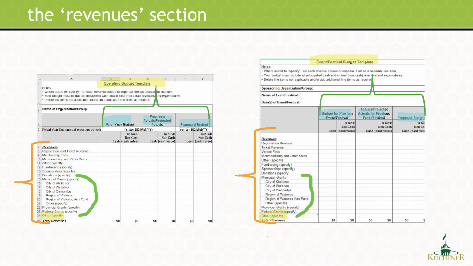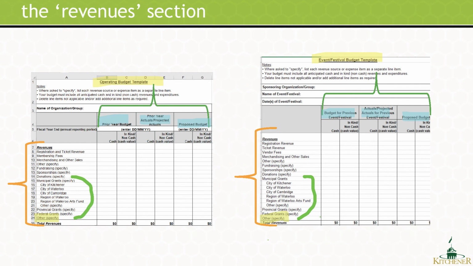The budget includes a menu of possible line items or categories in both the revenues and the expense sections. These items are given in the rows down the left. You may add or delete lines as needed. Be specific and provide as much explanatory information as you can to ensure the review committee isn't left with questions. As mentioned, you can add or delete rows, but don't delete any of the columns. This is important.